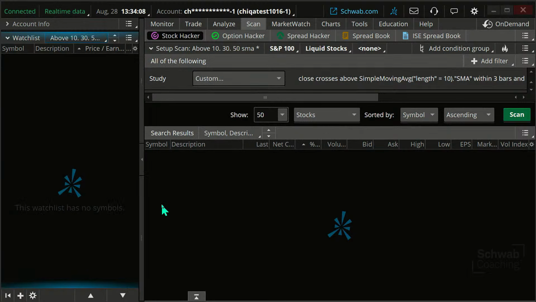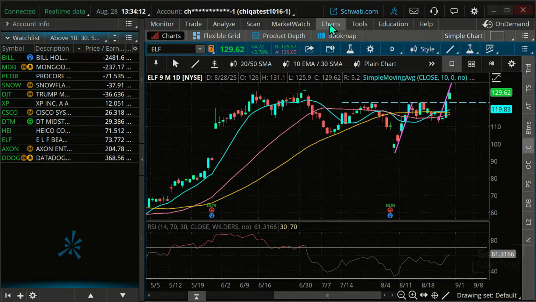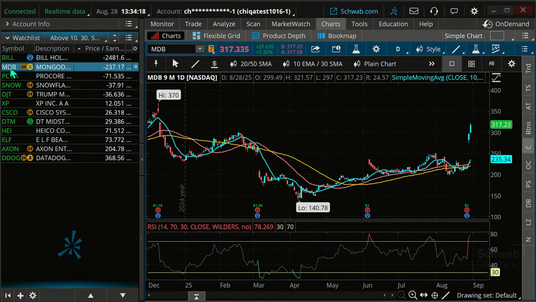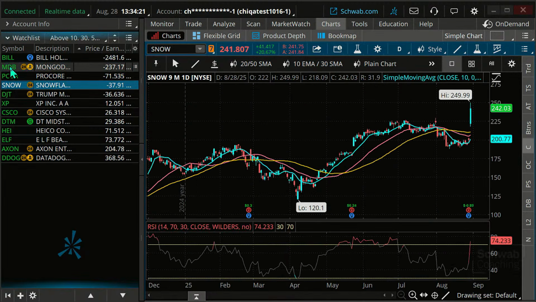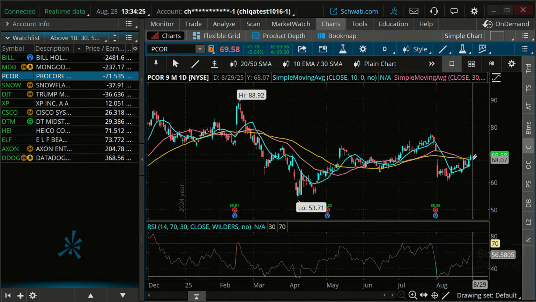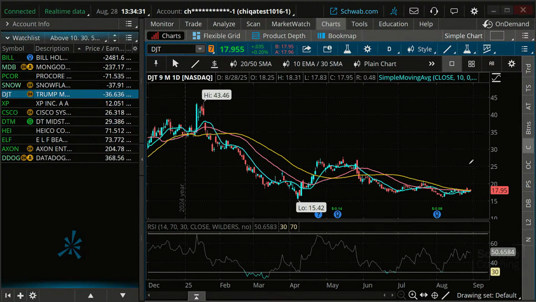I just clicked on that, and there's those results. If you want to go through those stocks really quickly, if your watch list is linked to your chart, you can just scroll down, hit your arrow key, go down and look through those quickly and see if you like the results. That one just barely broke above all 3 of those. Okay, so that's how that scan works. You can go through those.